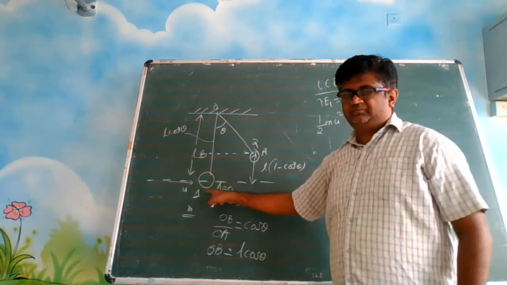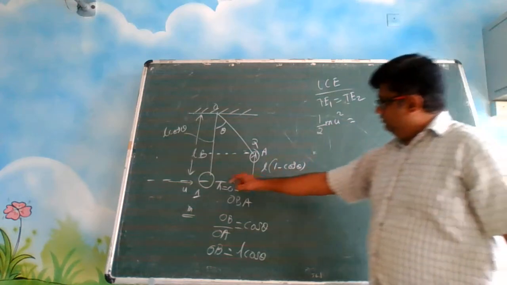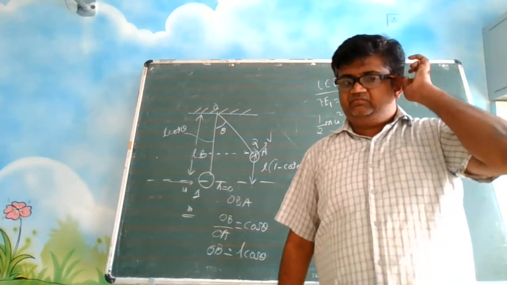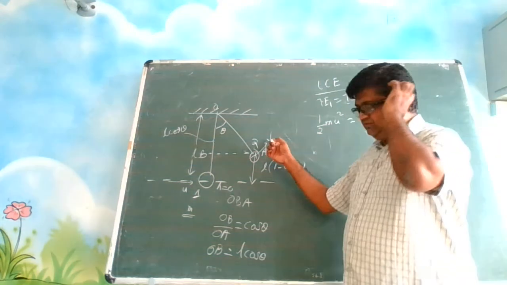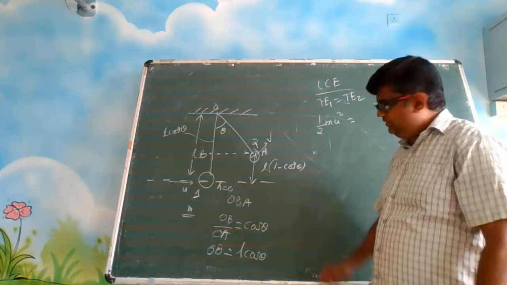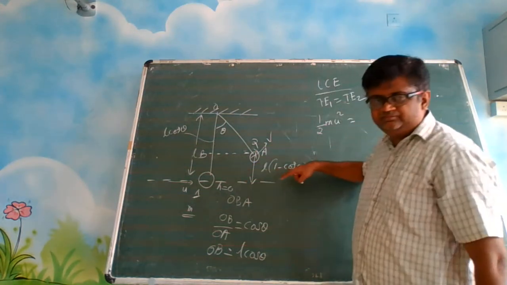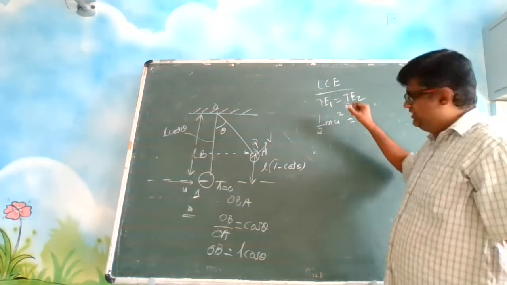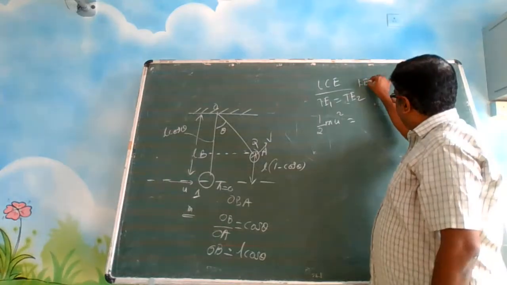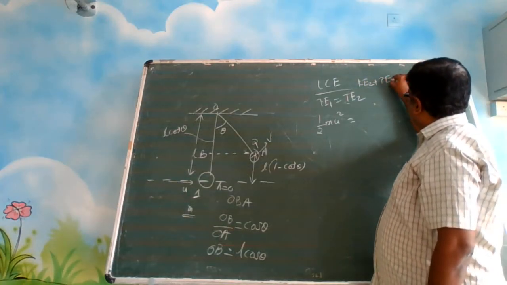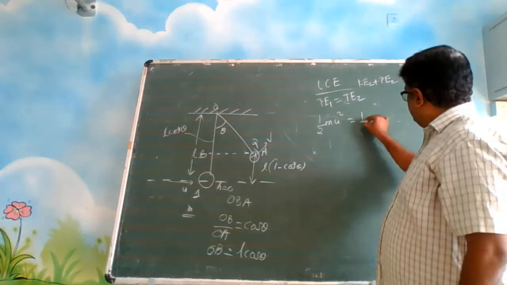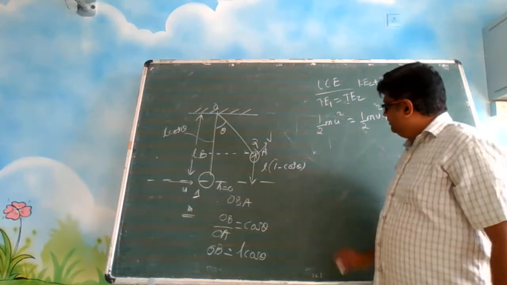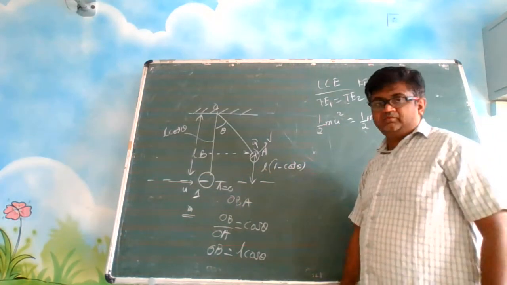Location 1. Location 2, you see the ball is going with some speed v. We don't know that speed. We are trying to find that speed. The ball has some kinetic energy. There is some height from the reference line. So here both kinetic energy and potential energy are there. So KE2 plus PE2. What is KE2? Half mv square. We don't know the speed, we are calling it v. u is known in the question.